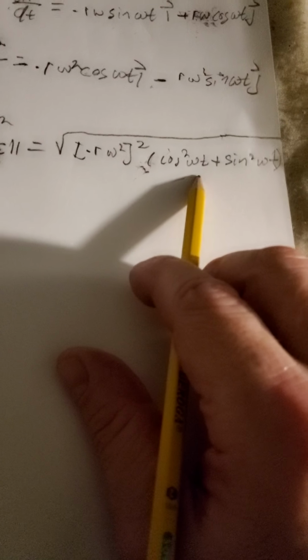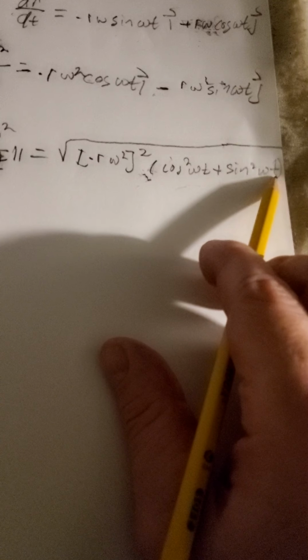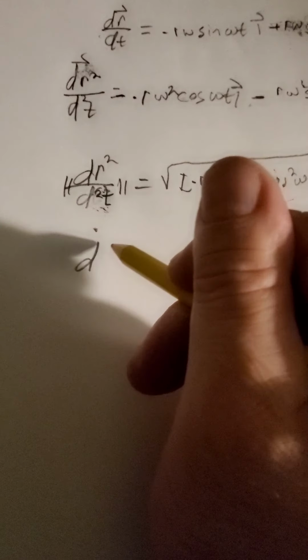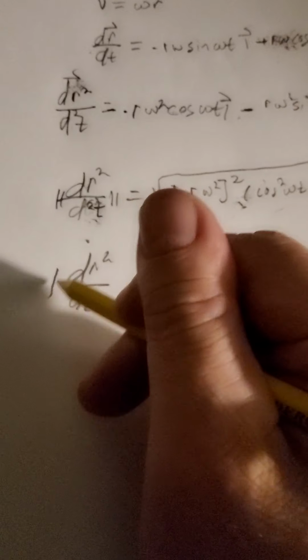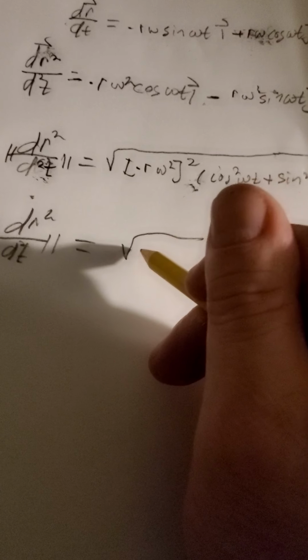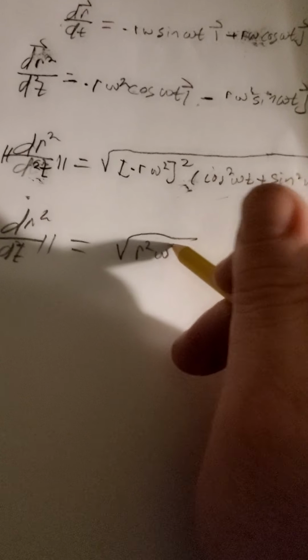And that's all under the radical. This cosine squared omega t plus sine squared omega t will go to 1. Okay, and that'll be r squared omega to the 4th. So you're going to get the magnitude of the second derivative of this position vector with respect to time equals this square root of r squared omega to the 4th,